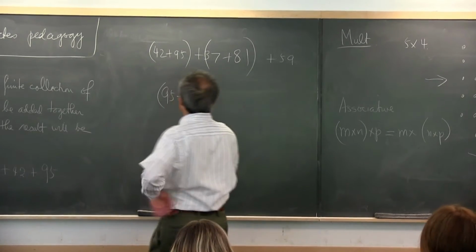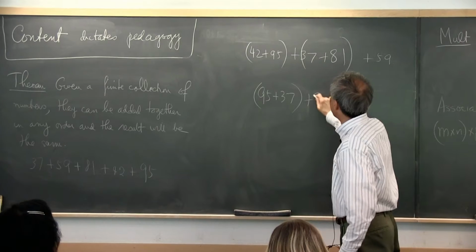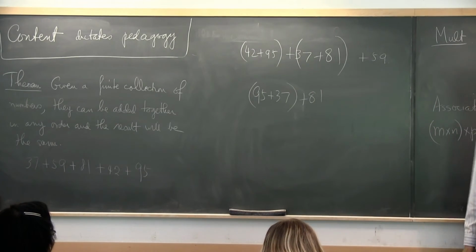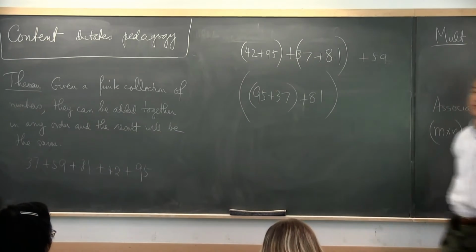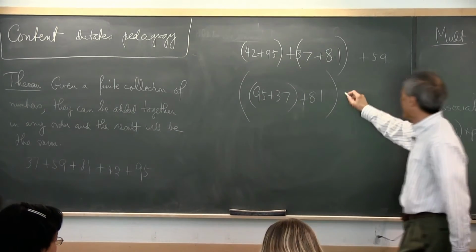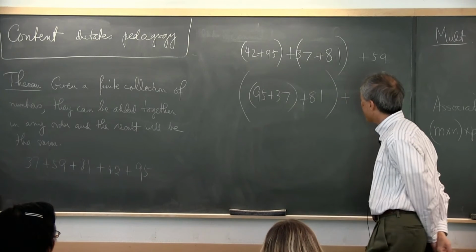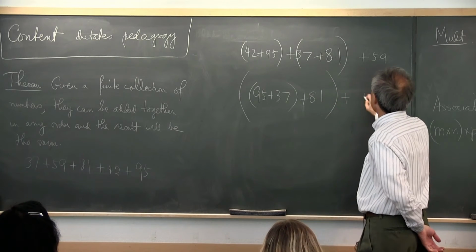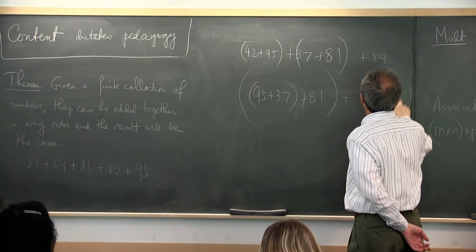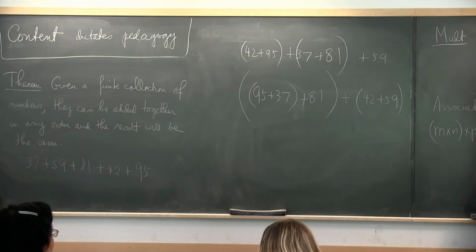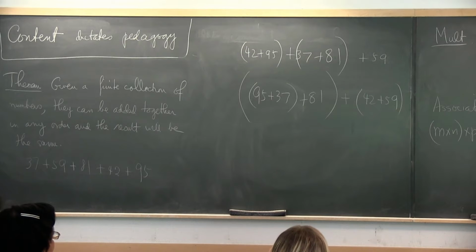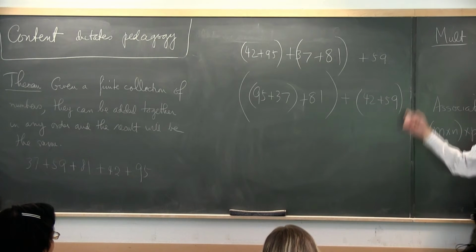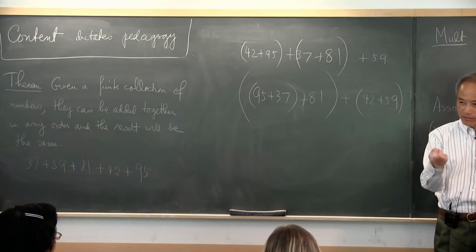Then I add to 81. But then I like this total addition very much, so I add to it the other two numbers, which are actually 42 and 59. So that's one example of adding those five numbers any way you feel like. Now you all say, of course they're the same. I really want someone to do it.